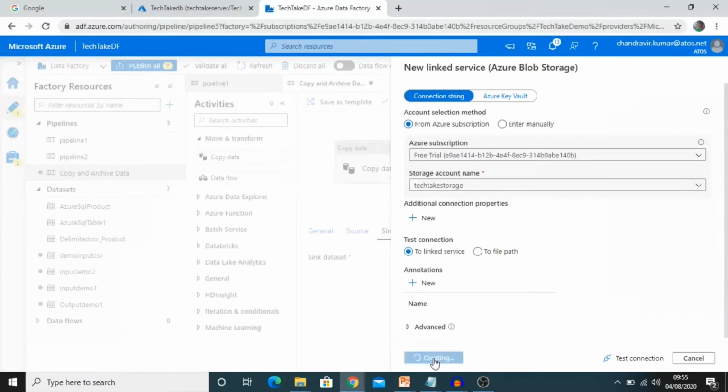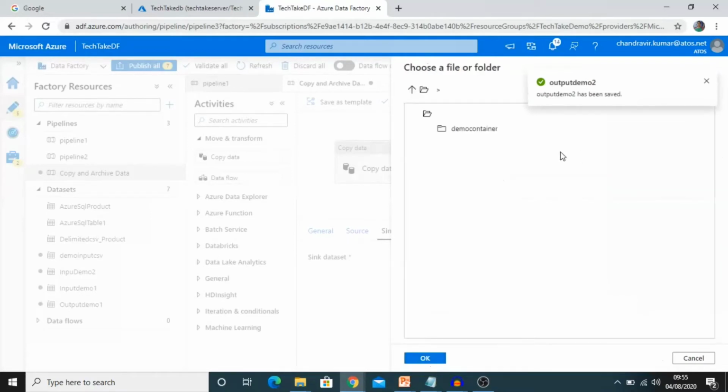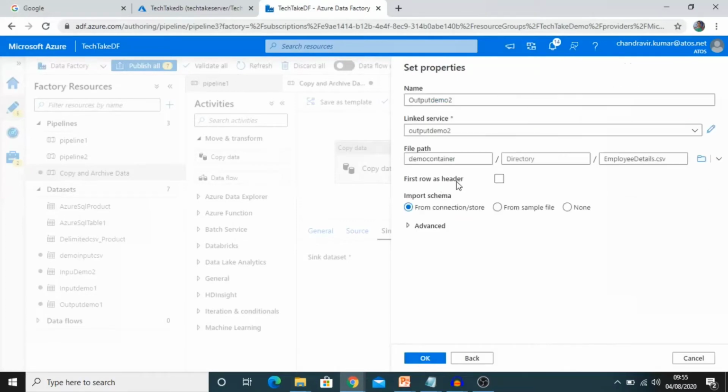If you want to test your connection, you can test here. Now configure the dataset's demo container. You can see here the employee details CSV file only in that container, so for now I am just selecting it. We will change this name to employee table later, because we are exporting the data from the employee table.